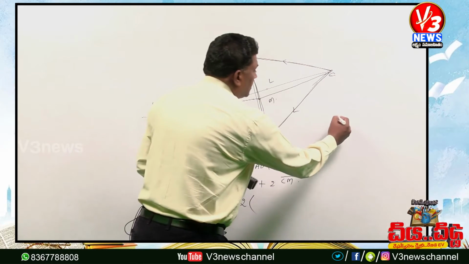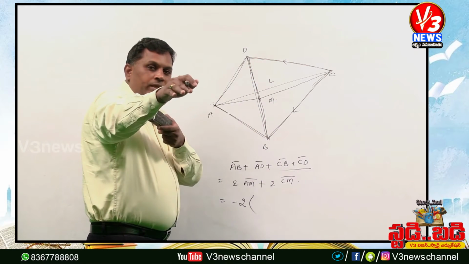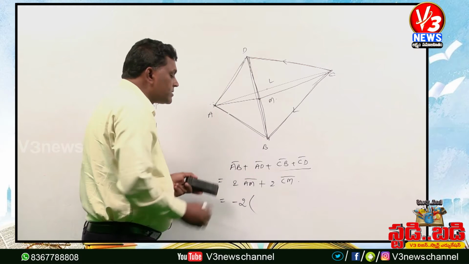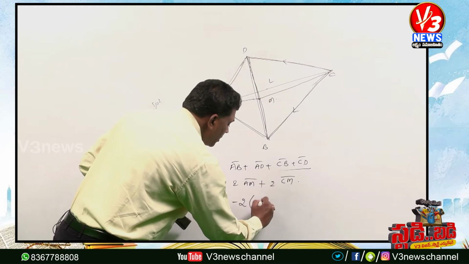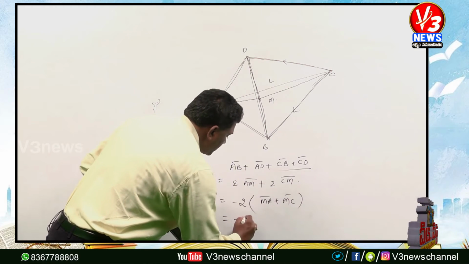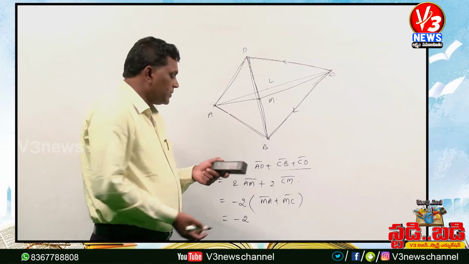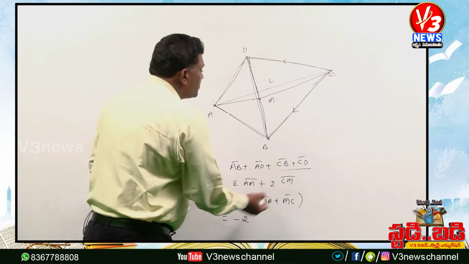I am writing minus 2 of, I am just taking minus common. We know that here AB bar is written as minus of BA bar. If the direction is reversed, we can take the minus sign. That's why I am writing minus 2 of MA bar plus MC bar. You can guess comfortably why I am writing so, MA bar, MC bar,